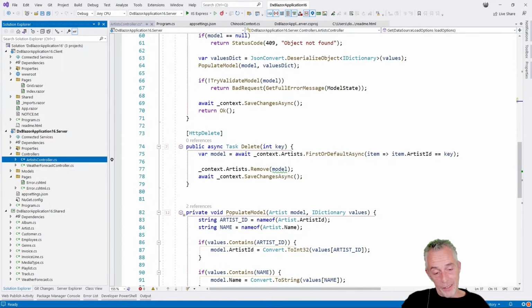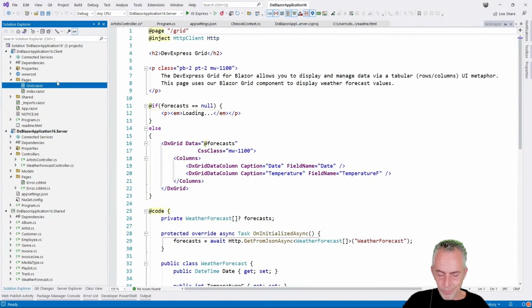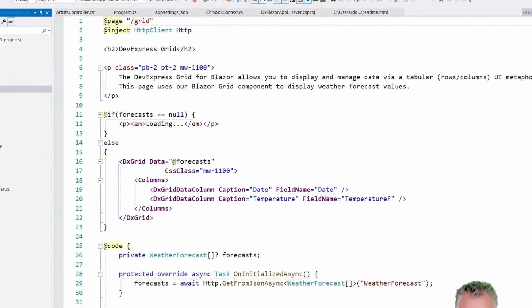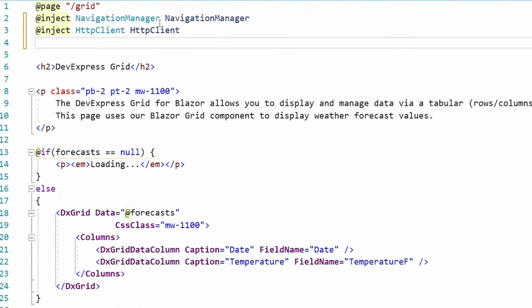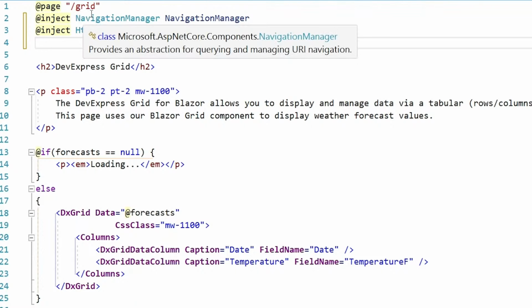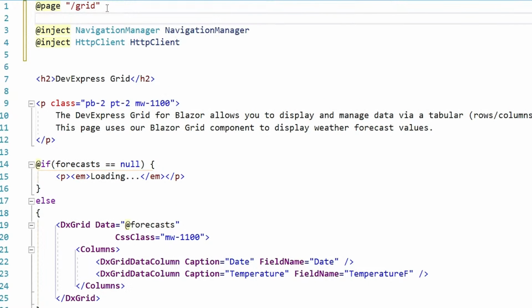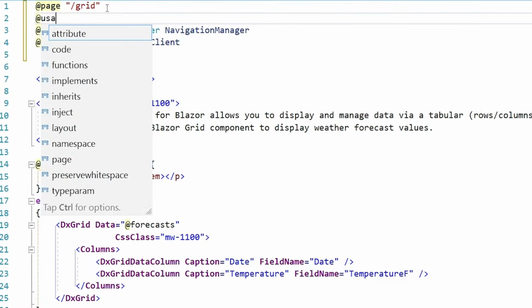Right. And for this, I will go to the grid page that was displaying the weather forecast, and we're going to change that to display the artists. And for this, we'll need to do a couple of things here. The first thing is that I will need to rename that HTTP, otherwise my code will not work. Okay. And I will need the navigation manager. What I also need, I would typically do that somewhere else, but in this case I will do it in